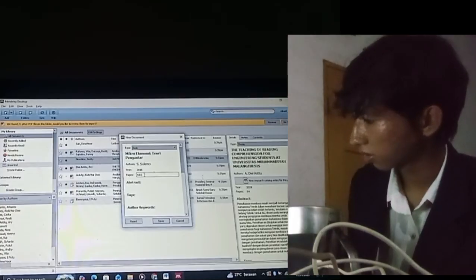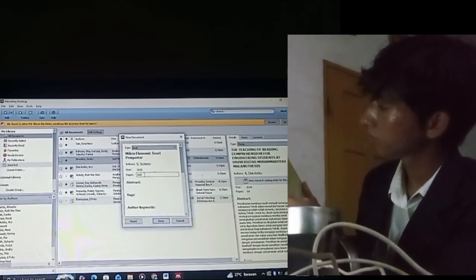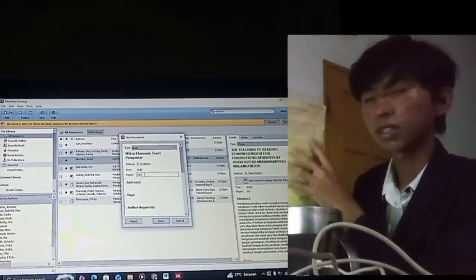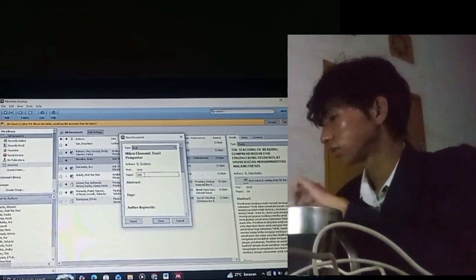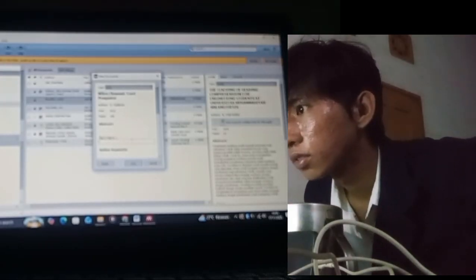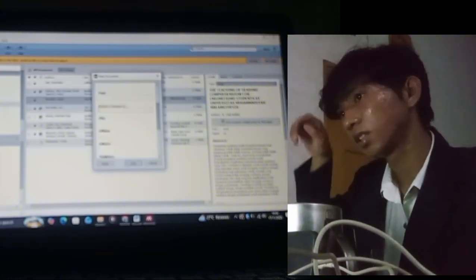And the abstract, you can find from the book in the back cover, or you can skip. And the text you can skip. So go to the author keywords and go to the city.